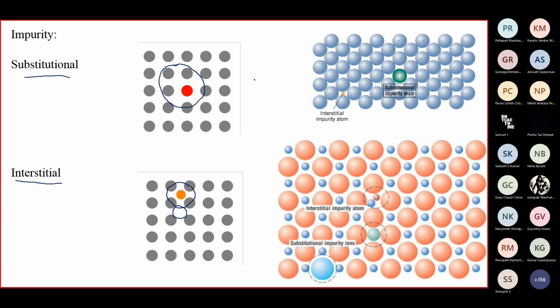It can move. Now what happens in this situation, see here, there is a substitutional, there is an interstitial, there may be a vacancy. So around this side, the conduction band range, whatever is there, it will not be continuous. It may become discontinuous or it may be disrupted.